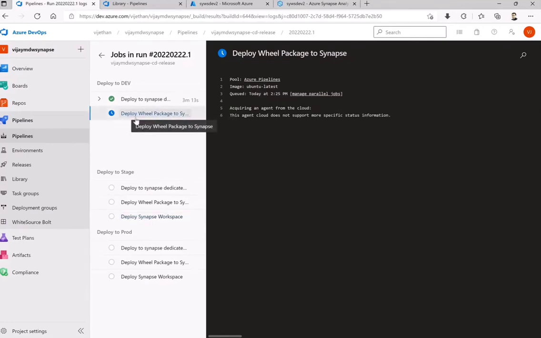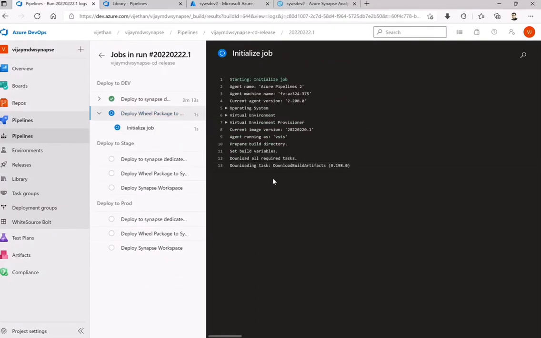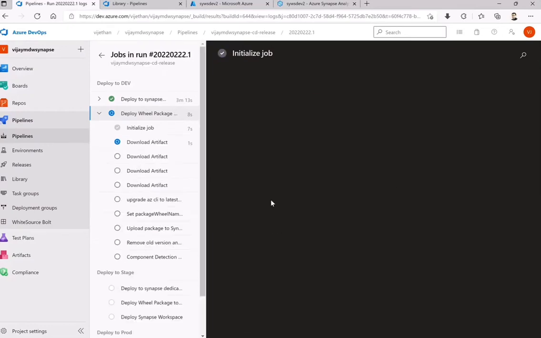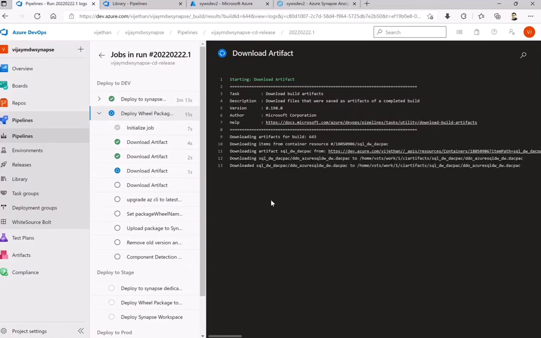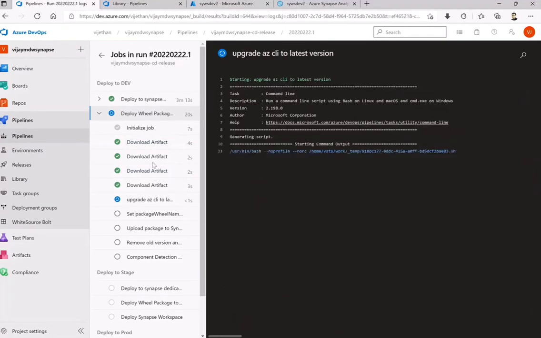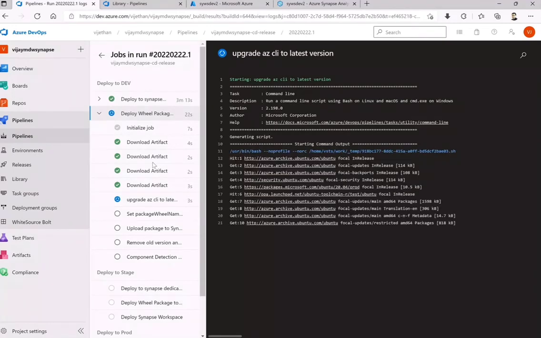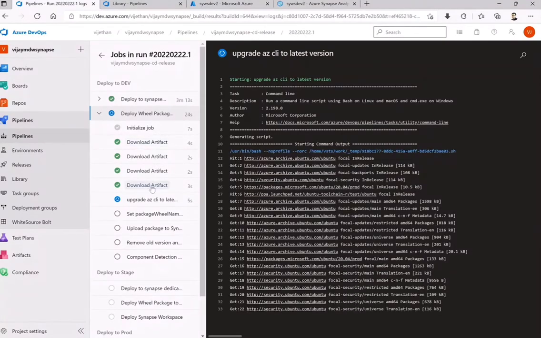Okay, this is, again, as I said, for the package deployment, which is nothing but the wheel package as a binary which you are using. So it will go and update the CLI, update the package. For that, it will obviously have to remove the previous package, then update that one. That is the reason it takes some time for updating the CLI as well as the package which we are trying to deploy on the workspace. This is the same artifact which we produced from the previous CI artifacts, which is what it downloads here.